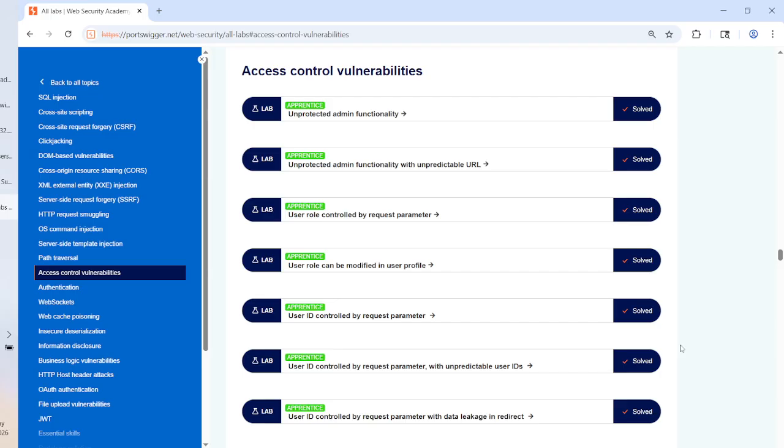While solving the Portswigger lab, we will make notes and think of it like a real application. I will treat that lab as a real application, and I will give you a thought process in that way. This will develop your thought process, and you will be able to understand the vulnerability in a much better way. So you have to solve each and every lab.